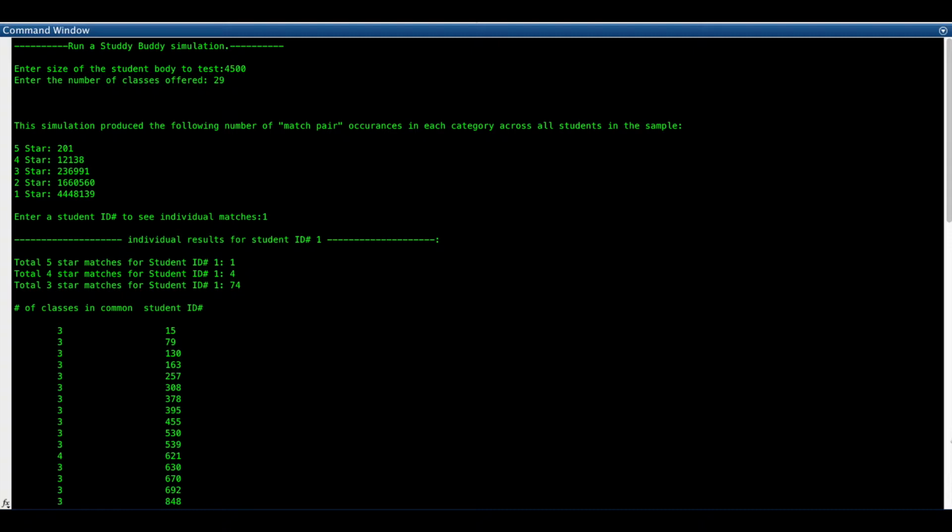So the first line under the first match, where it says number of classes in common and student ID, says that student ID number 1 has 3 classes in common with student ID 15.